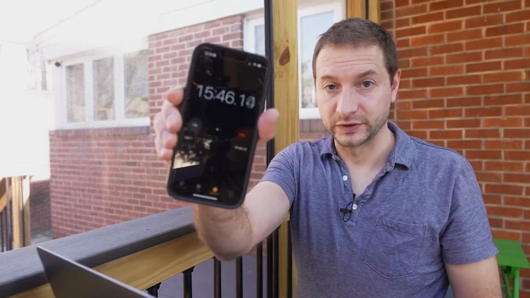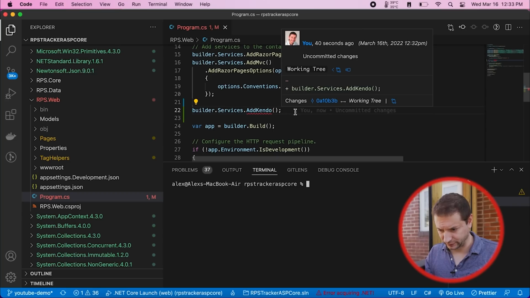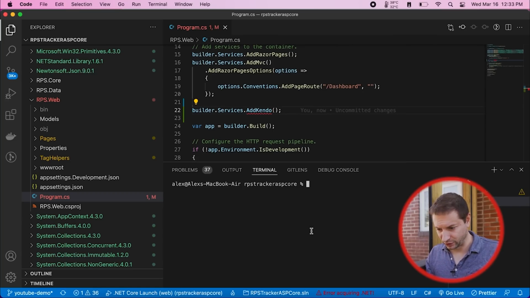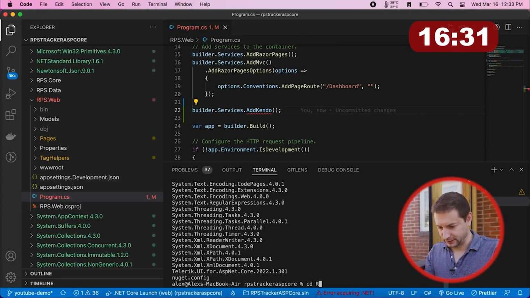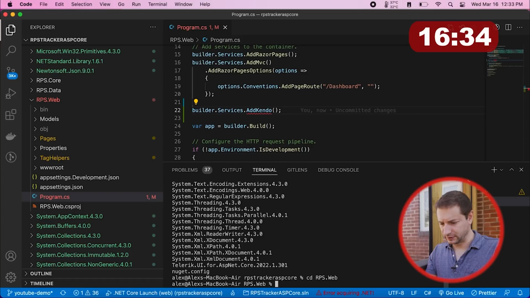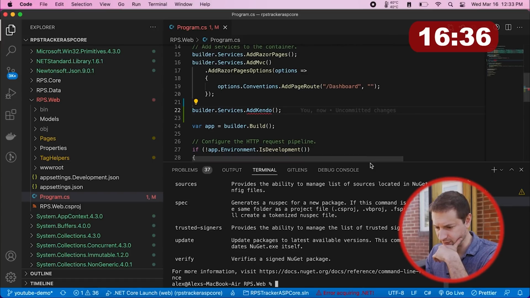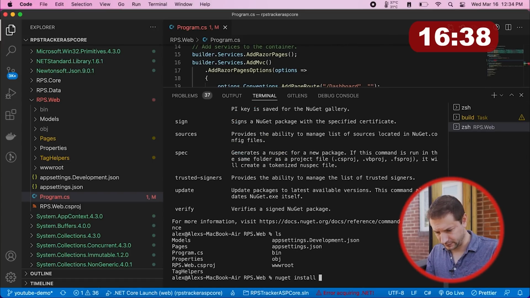All right, it's been 15.5 minutes. So I think I might have done the Nougat thing wrong. I think I probably need to go to the project and do it there. Maybe Nougat can determine where to install. Let's try that. Nougat install